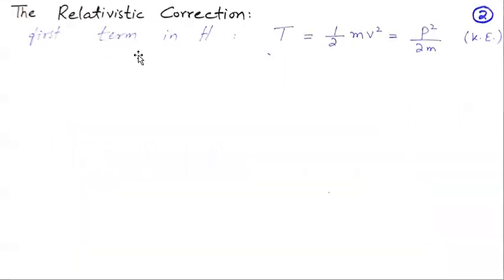In this video, we mainly discuss the relativistic correction, which is the first term in the Hamiltonian, the kinetic energy term, 1 over 2 mv squared. You know this is the kinetic energy formula. If we write this expression in terms of momentum, the kinetic energy expression will look like this, p square over 2m. And we know that the momentum operator in quantum mechanics is equal to h cut over iota into delta. If we use this value of momentum in this expression, the kinetic energy expression will look like this.